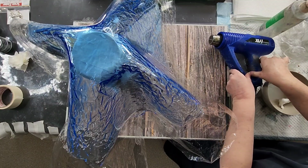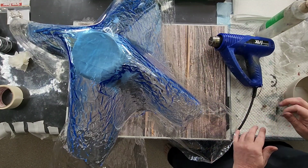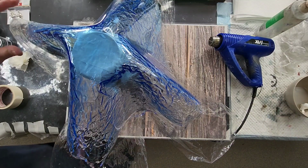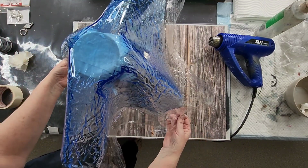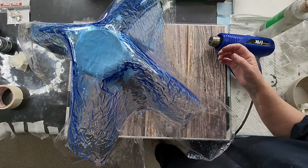I'm just going to leave my heat gun up like that. You've got to be careful because it's very hot on the edge there. You don't want to be touching it onto anything that will melt. Getting a few little drippies here, so I'll just give it a bit of a rest, and I might see if I can pull it down a bit because the drips are going to want to drip down. So anyway,